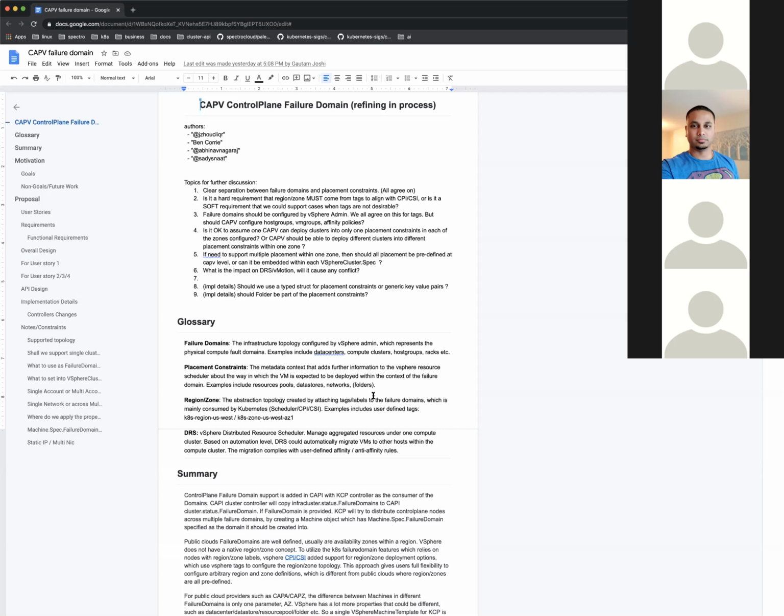Or we can enable this through feature flags as well. So we have a feature flag mechanism in Cluster API, modeled on the Kubernetes feature flags, to allow us to turn certain things off and on as well.